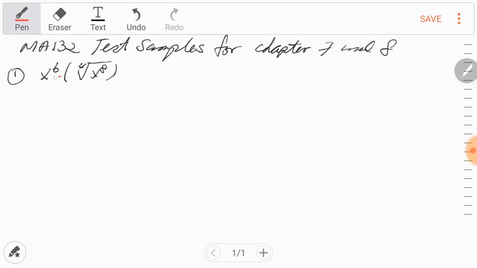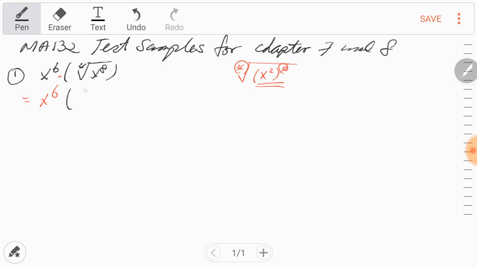Okay, when we simplify radical expressions, always make sure that if the index is 4, then we will try to make the radicand raised to the fourth power. So 8 is what? 8 is 4 times 2 or 2 times 4. So you can make it x squared raised to the fourth power. So always make sure the radicand has the same exponent as the index. So this is equal to x to the 6th power